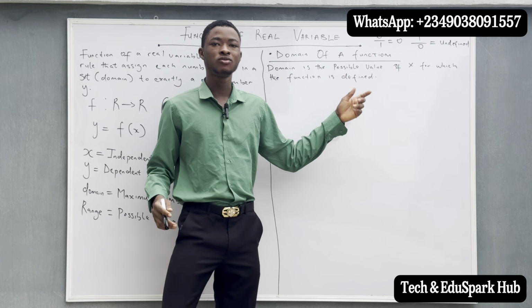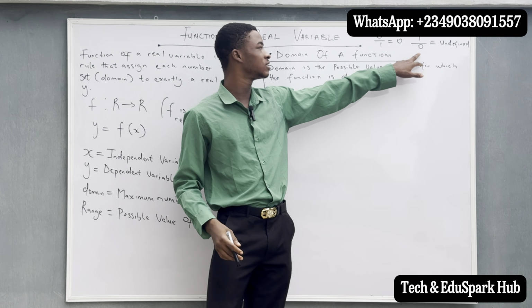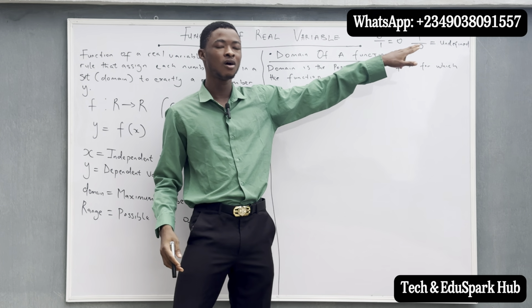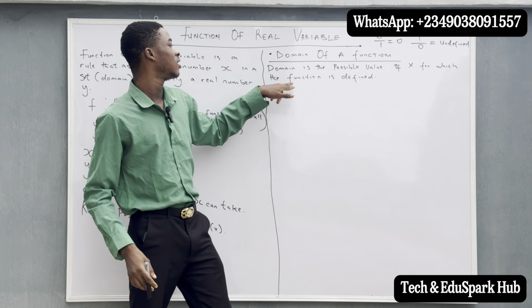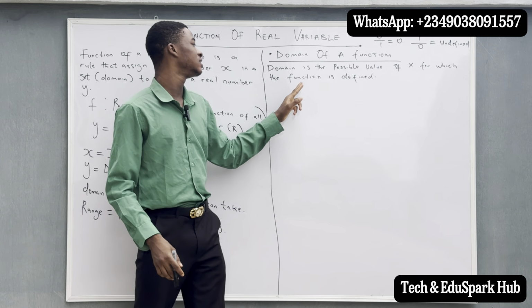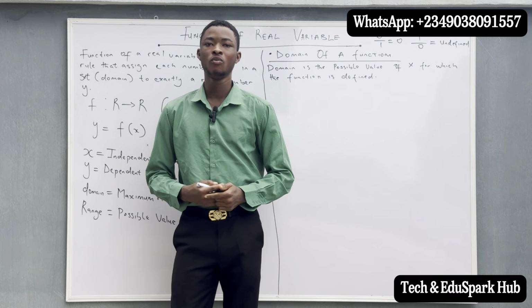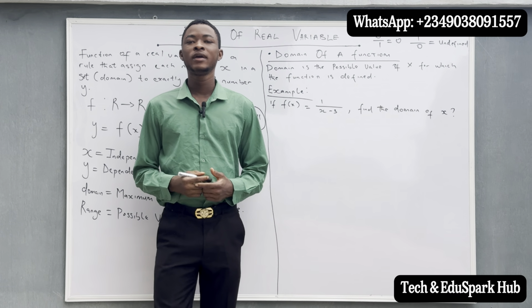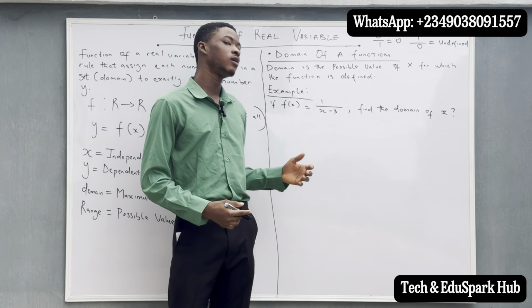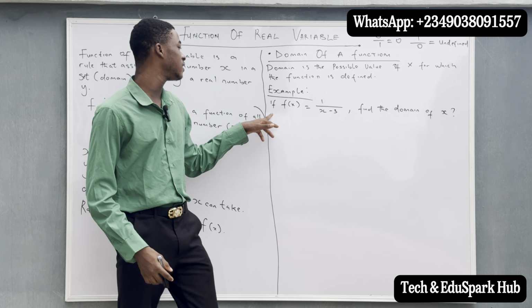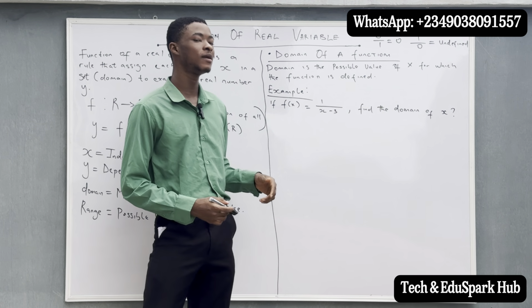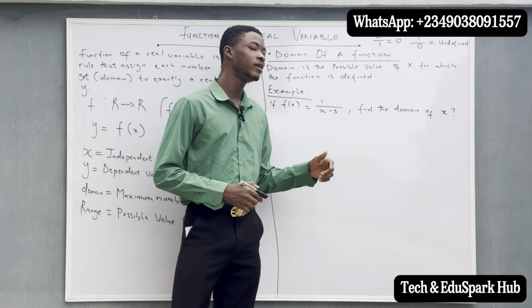So anything that you are doing under domain, it must not be divisible by what? By 0, so that you won't get what? Undefined. And that is why we have a possible value of x for which what? The function is defined. So let's look at some examples under this domain of a function. So here is the first example we have under the domain of a function. The question says if f of x is equal to 1 divided by x minus 3, find the domain of